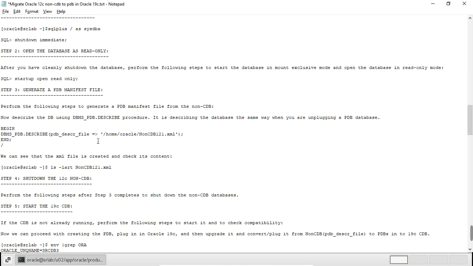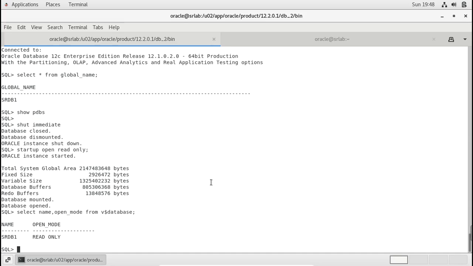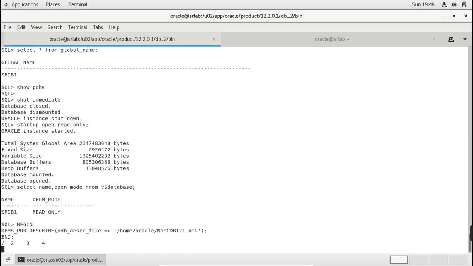We need to perform the following manifest file creation. It describes the database, the same way you unplug a PDB database. We have to do it the same way, so I am going to perform this.